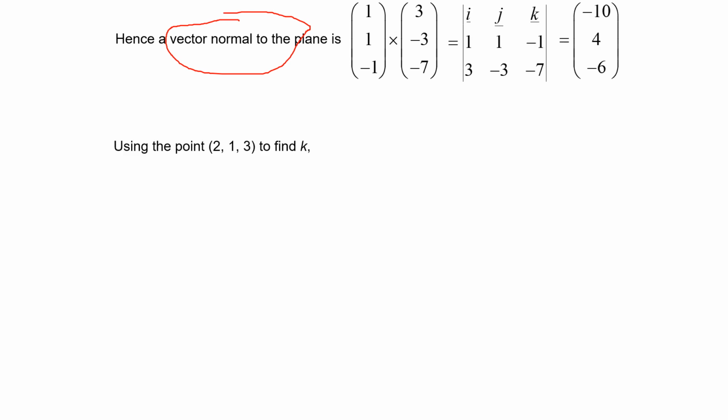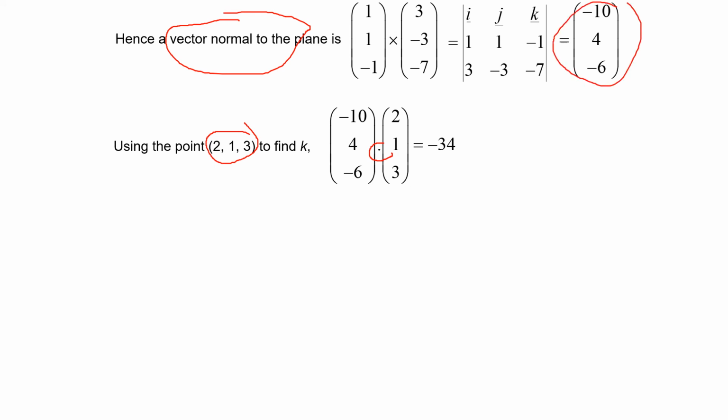So you've got -10, 4, and -6 respectively. So you're going to use point 2, 1, 3, which we identified just now, to determine the k. So the k is always a dot product, pay attention, of the normal vector, obtained from here, and the point on the